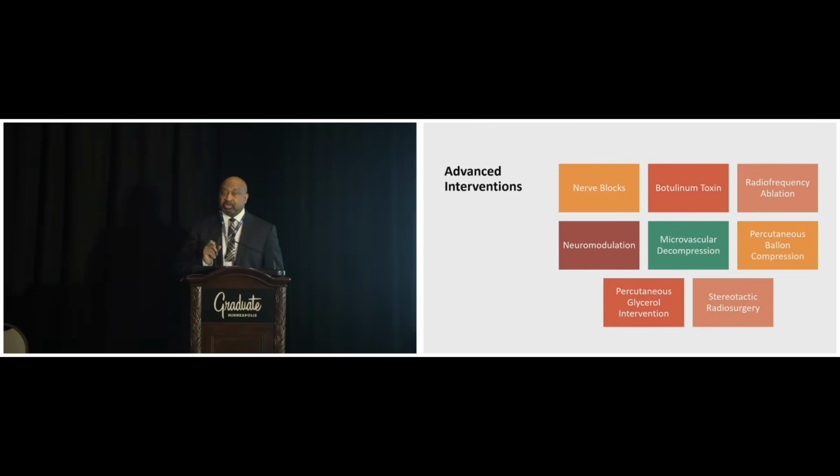I think the thing that gets anesthesiologists and interventionalists excited mostly are the interventions. So nerve blocks are some things that we use. We can use nerve blocks as a temporizing measure to help while medications are beginning to work. We can use them for things like occipital nerve blocks for occipital neuralgia. Sometimes we use them for facet blocks, especially if a person has cervicogenic headaches, and we move on to something like radiofrequency if we can. Botox is something that we have used, sometimes used more by the neurologist and by our PM&R colleagues for headaches and migraines.